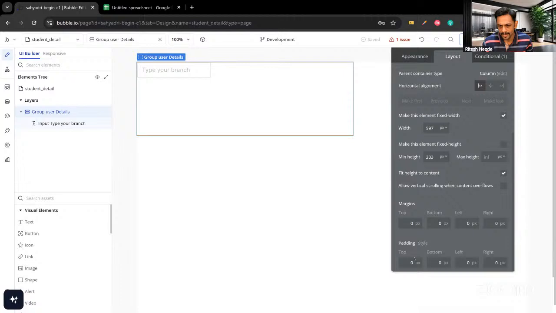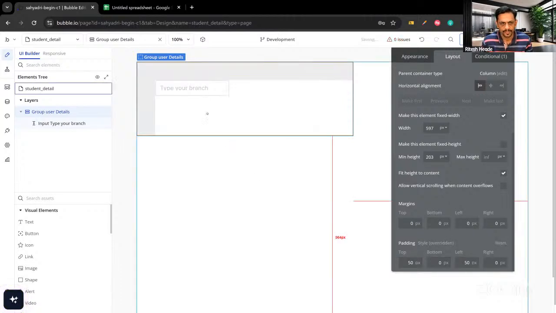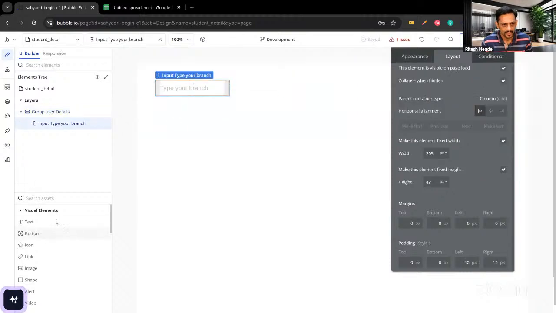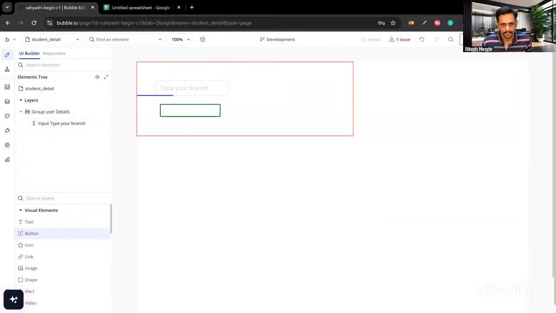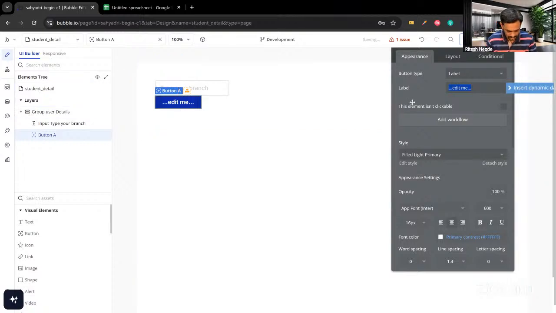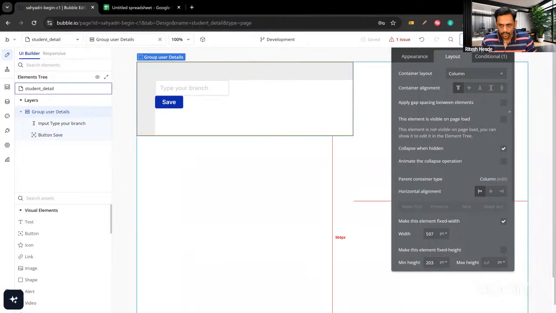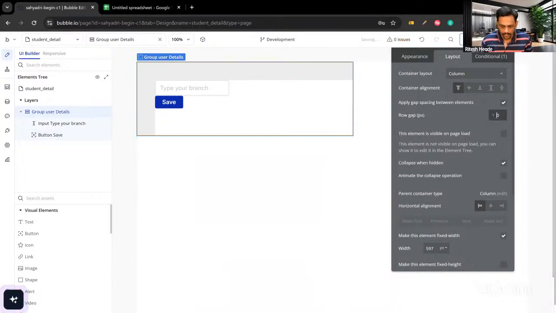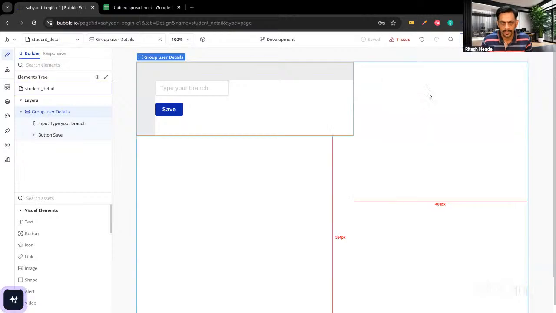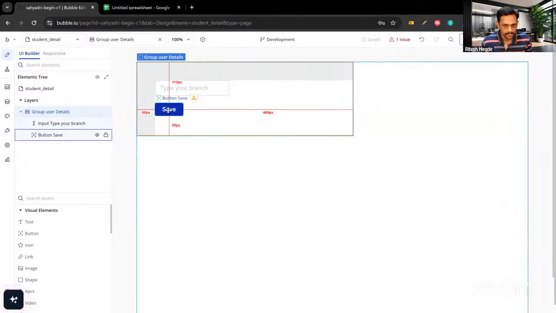I'll add some padding on the top 50, left 50. Then this comes over here. I'll also give you a button here which will save. Just quickly, if you are not understanding what I'm doing, completely fine, ignore it. Right? I want to show you something, and that's why I'm preparing some page. So when we click on save,